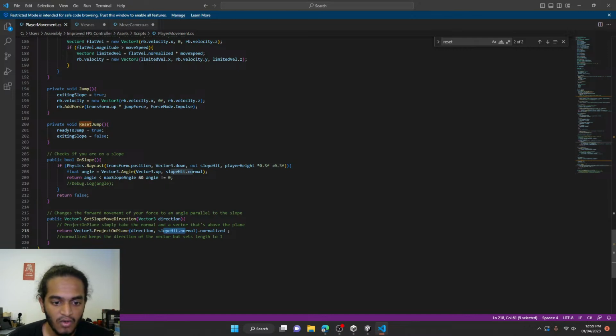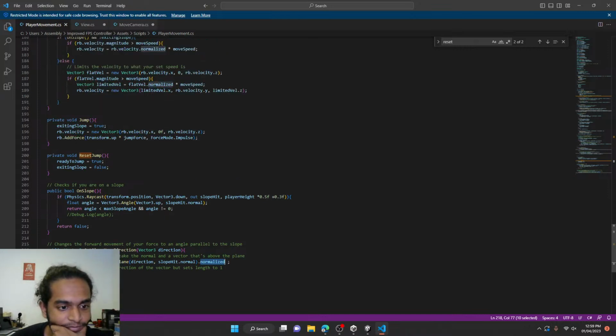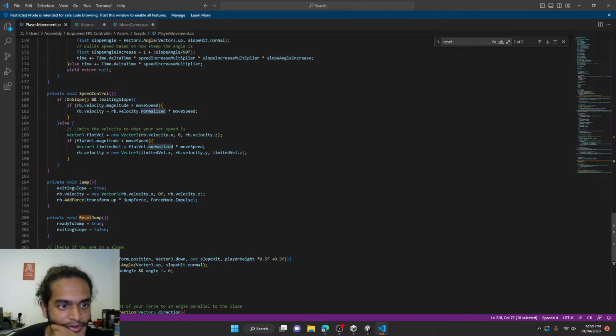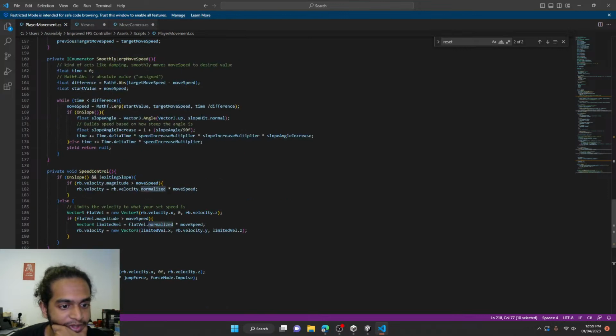And then this normalized, normal means the 90 degrees angle. Normalized means that you set the magnitude of any vector to 1, because a vector shows two things, direction and magnitude. Magnitude is always set to 1, so it makes it easier to work with, so we don't have negative numbers, for example. Okay, once we do that,